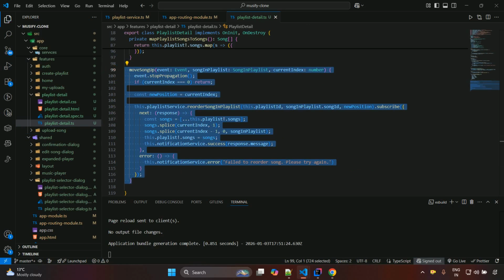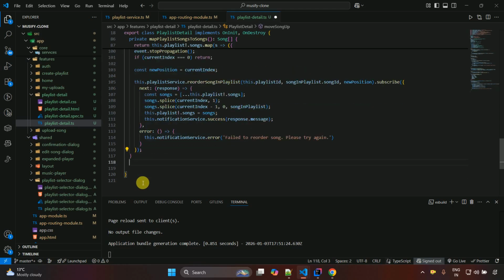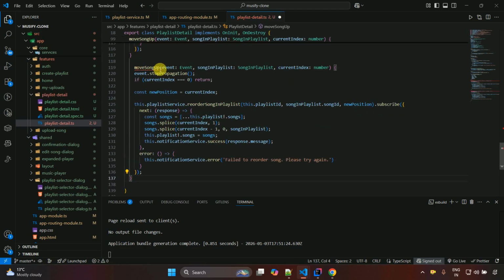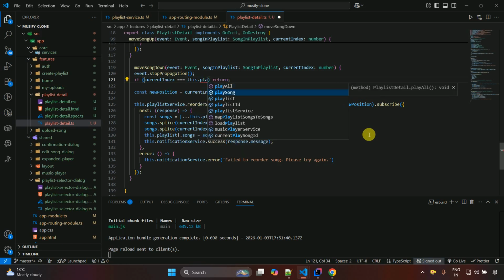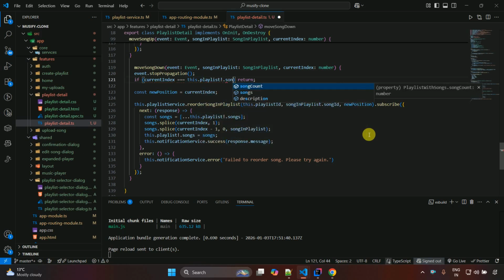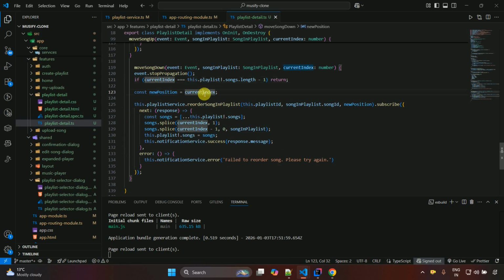and the next method which is used to move song down. So let's paste it over here. Let's change up to down, and the event songId, this one will remain same, and if currentIndex is equals to this one, we have to change this one, this.playlist?.songs.length -1, then just return this, and if const newPosition is currentIndex, and then +2